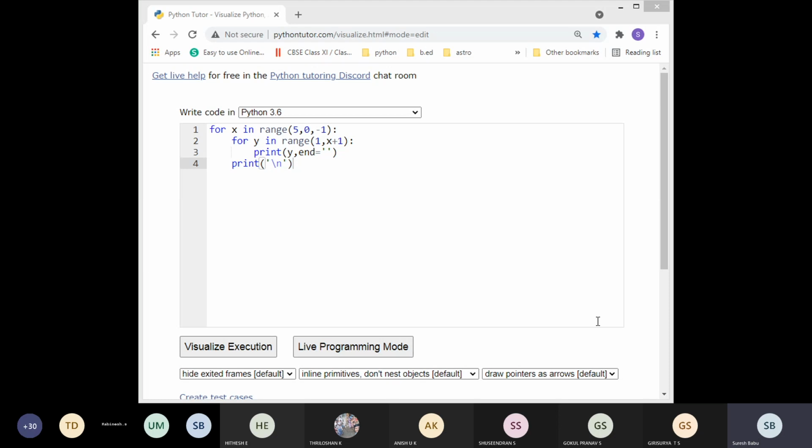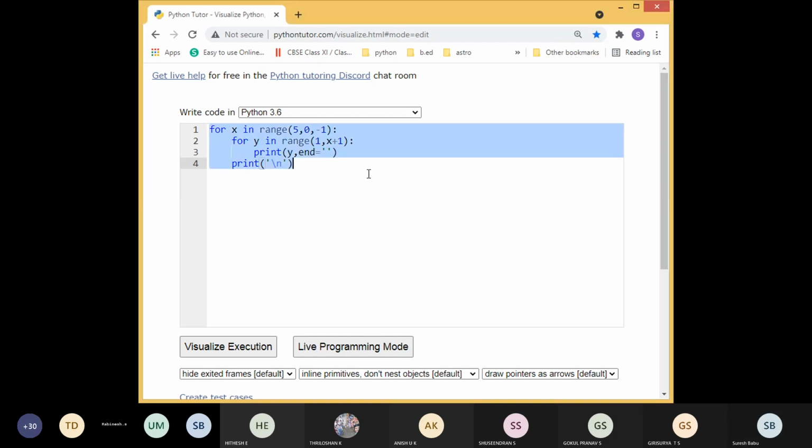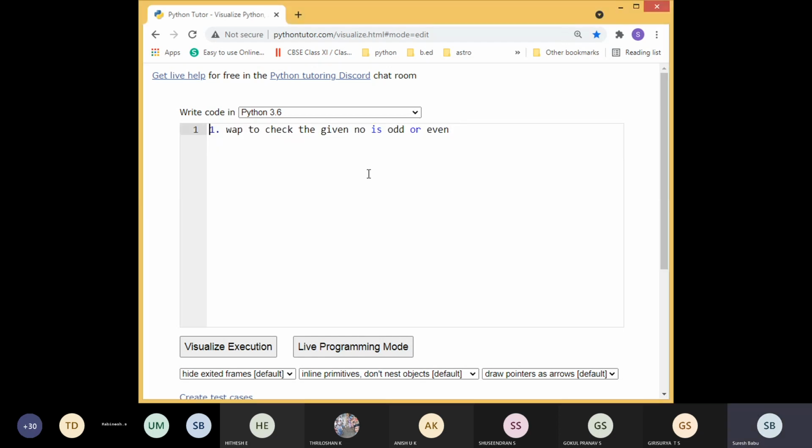So anyone can tell the answer. I'm just going to display the question. Kindly raise your hand and tell the answers, and give opportunity to all your friends. Don't always try to answer only you. Give opportunity to everyone. Okay, so let's start from the first one. The first question: write a program to check whether the given number is an odd number or an even number. Students, who is ready?